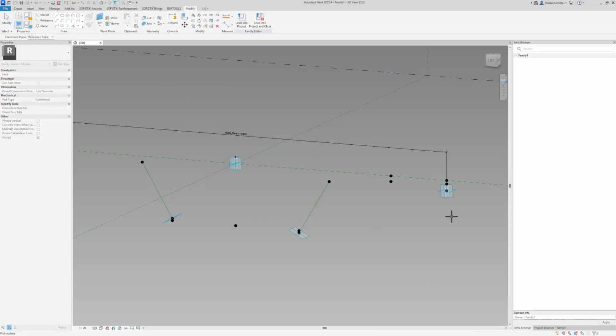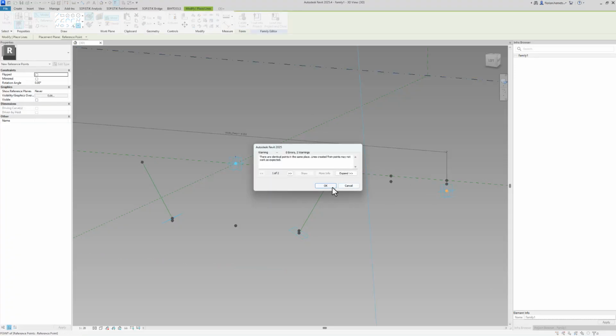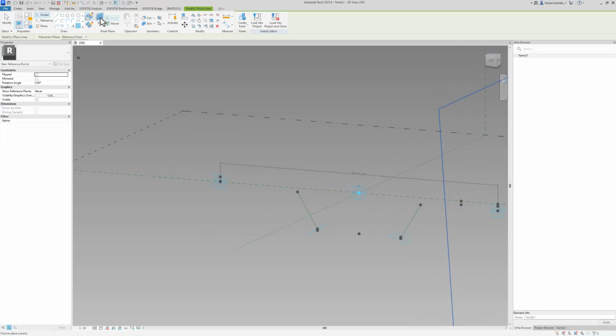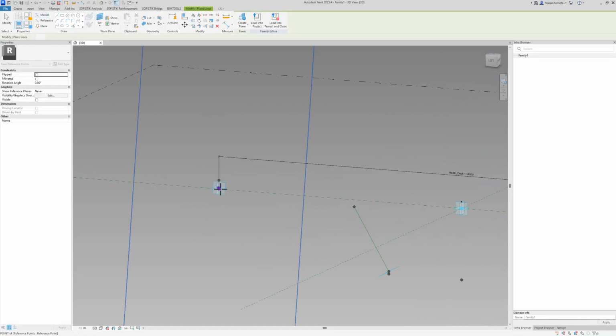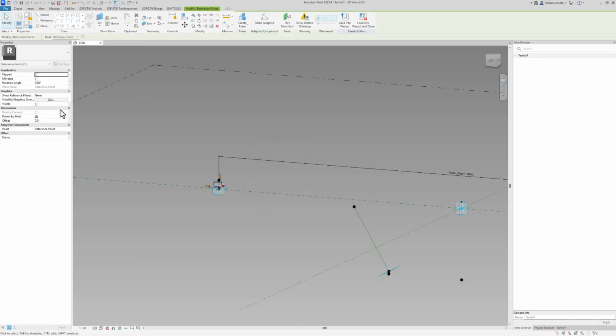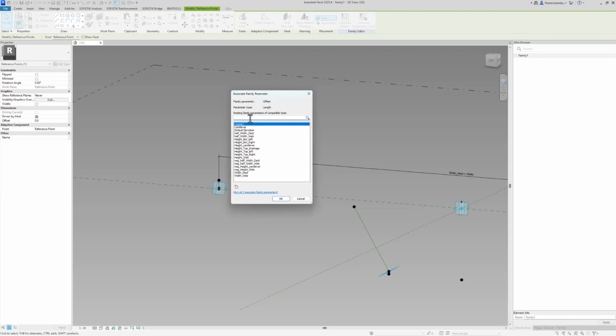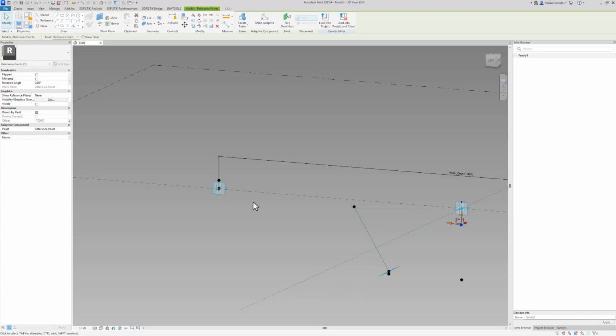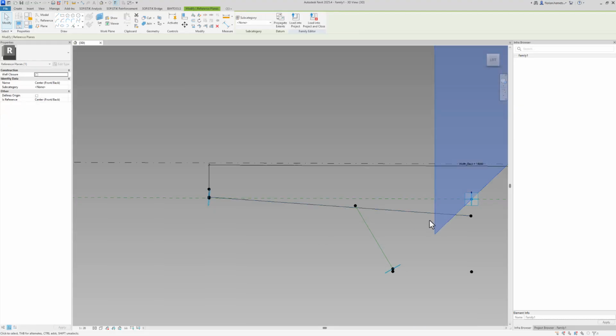Now we simply select the vertical plane of these points to create 2 more reference points. Do this for the left side as well as for the right side. Select the point by clicking tab, creating an offset, and here I want to use the negative half width of the deck. You can see the offset here. I select the 2 points, create the reference line by assigning it as a reference line.